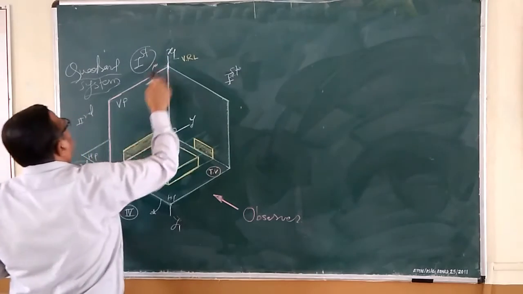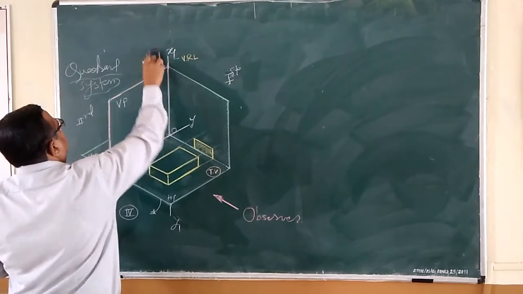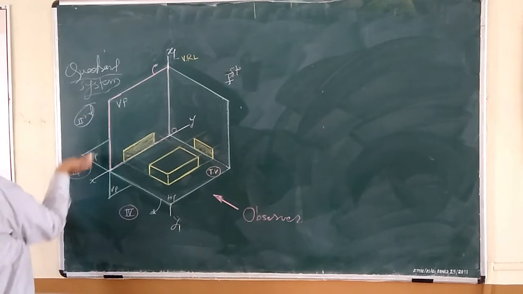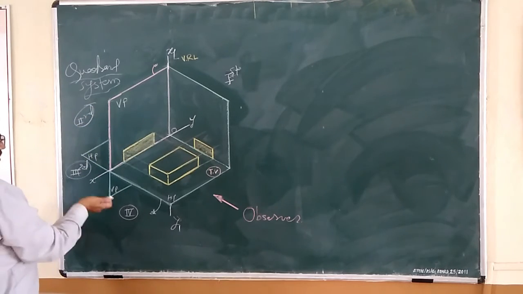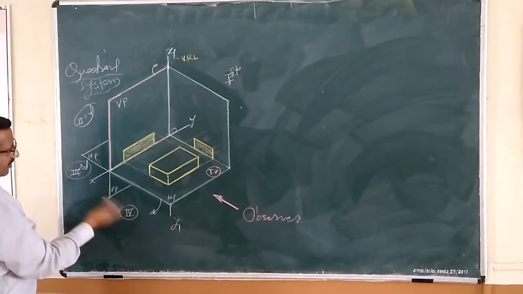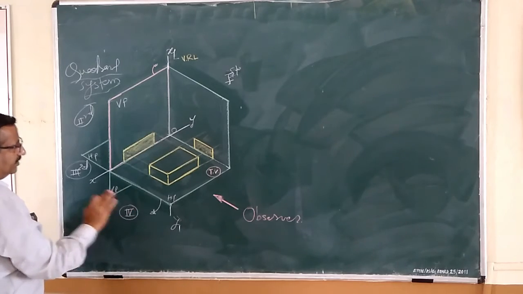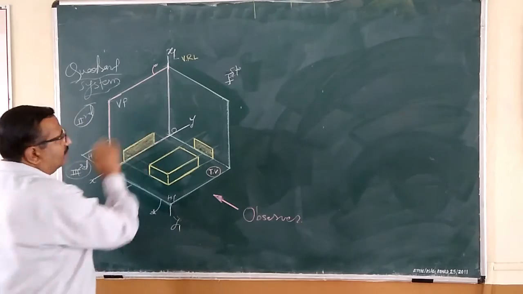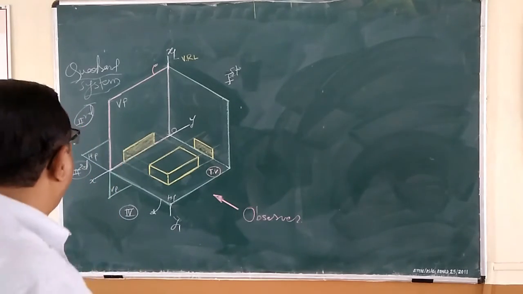This is the first quadrant. Here it is. The second quadrant we have got here: behind the vertical plane, above HP. Second, behind VP, below HP. Third, in front of VP, below HP. Fourth. First is nothing but above HP and in front of VP. Okay, and as usual,